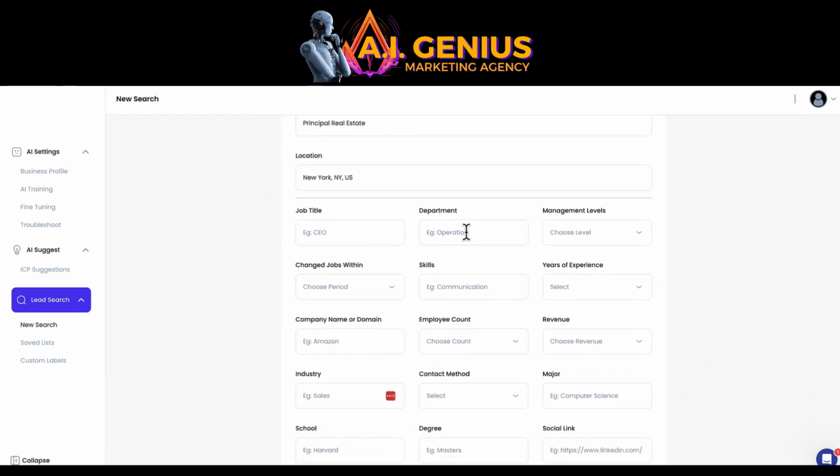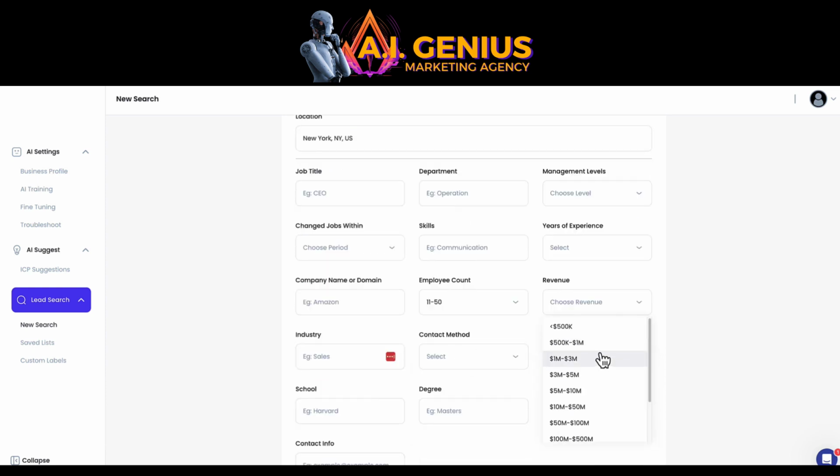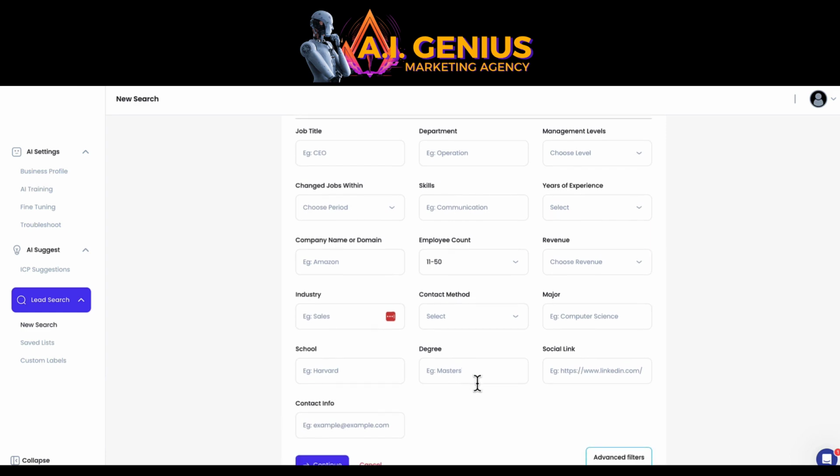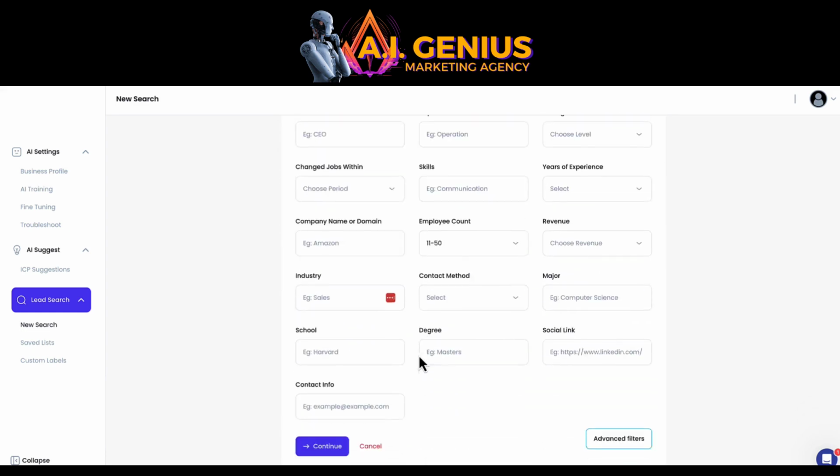So now we can look for specific management levels, so C-suite, VPs, owners, founders, okay? I can look at people who are new to their role, people who have specific skills. They might be coaches, or they might be directors or financial controllers. How many years of experience they've had. Are we looking for people that work in a specific company? Only companies that have over a specific employee count. Revenue, so I might say only find me people with particular revenues and above. Specific industries, different contact methods that we're looking for. I can even look at their education level. So I can get really granular when I'm looking for particular people using the people search within our lead generation